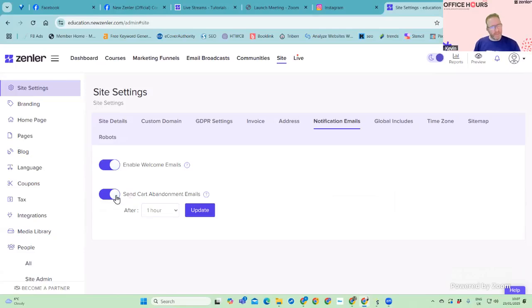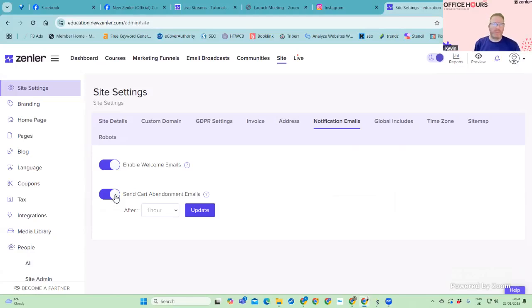But if you haven't got this set up, this is sort of your last bite of the cherry to try and get someone to take that action that you're looking for. So they've come to your course, they've gone, yeah, I want the course. I've started putting my details in. Something stopped me clicking that buy button. What will happen is this will kick in, and then after a period of time, it will email and go, oh no, you didn't complete your purchase. Would you like to come back? That's what the purpose of this is. And there is a good recovery rate on abandoned cart emails.